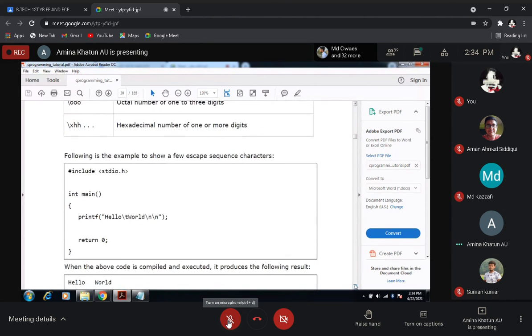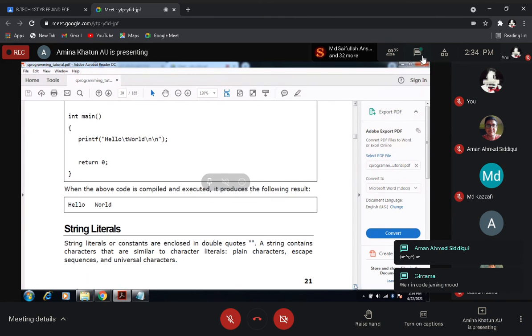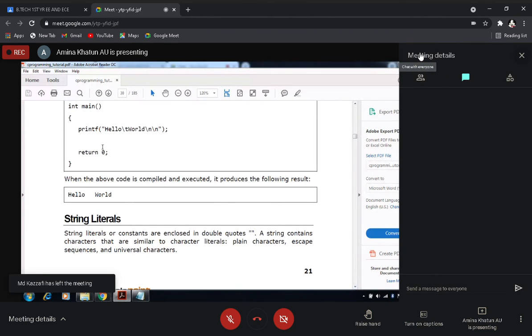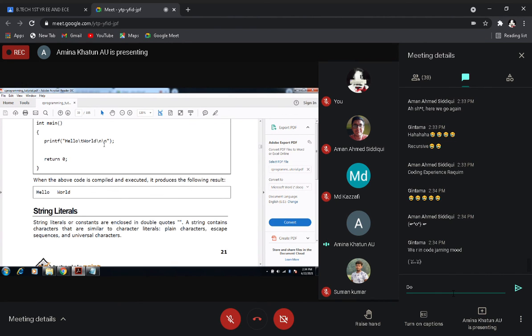This is a simple program where you have printed just hello world. You have used the \t escape sequence. In the last class, someone said \n is a function, and I told them \n is not a function.